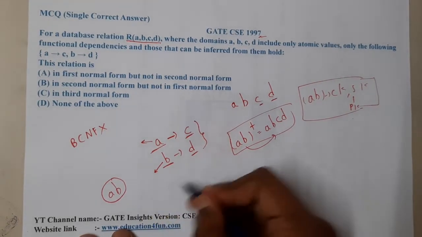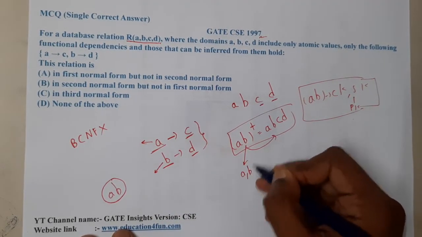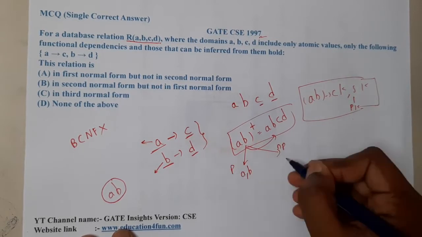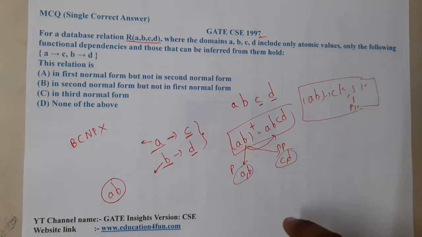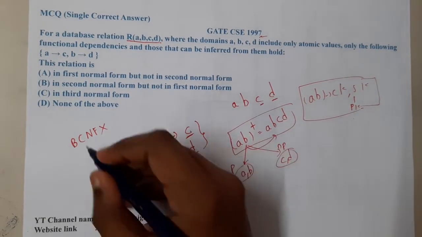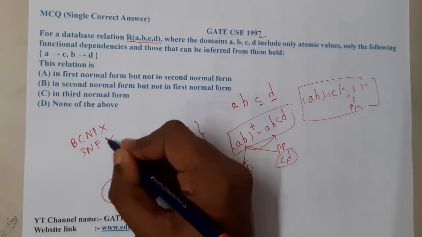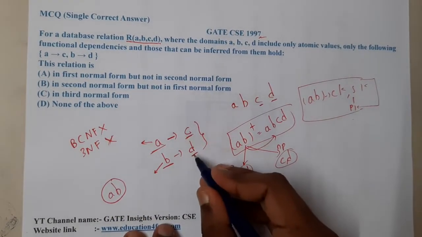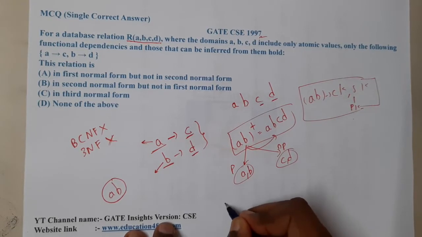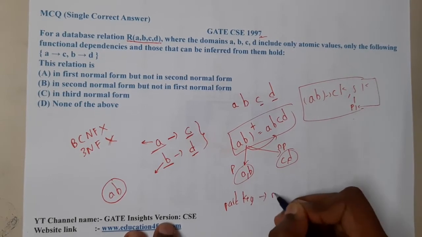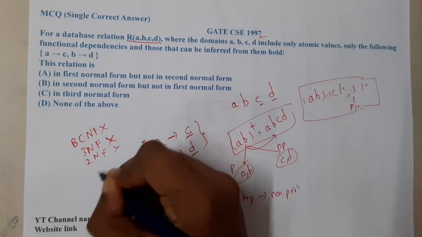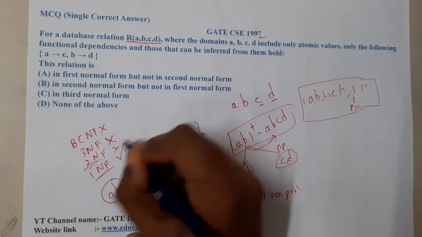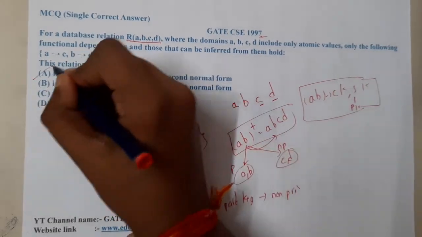So what are prime attributes? Prime attributes in this case are nothing but A and B, and non-prime attributes are nothing but C and D. To be clear, what is a prime attribute? A prime attribute is nothing but a part of the key, right? Yes. So indirectly these two are not part of the key, hence this does not belong to 3NF. Okay, and similarly this is a non-prime attribute. If you recall, prime attributes are part of the key, so a non-prime attribute depending on part of the key will also fail 2NF, right? Yes. So with that conclusion, we can say that this particular relation belongs to 1NF, guys. Okay, so option A is the correct answer.